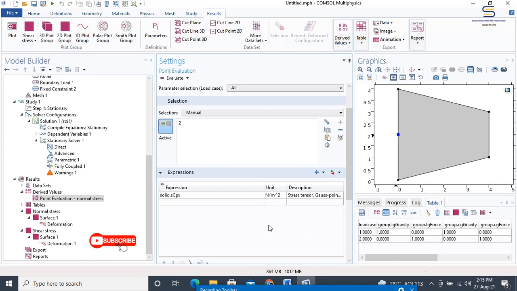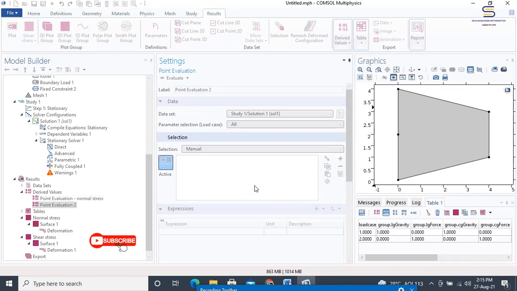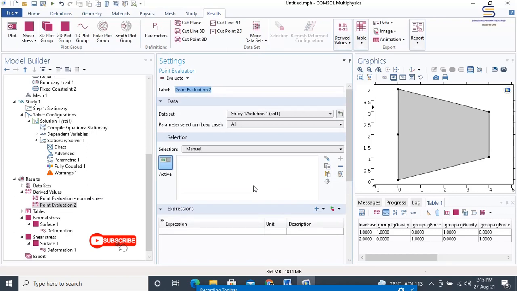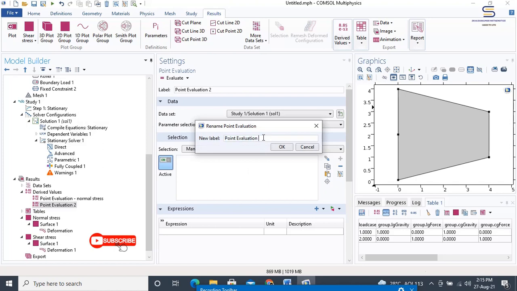Again, on the results toolbar, click point evaluation. Go to derived values, click point evaluation. Now select the point evaluation and rename it as point evaluation shear stress. Hyphen shear stress.